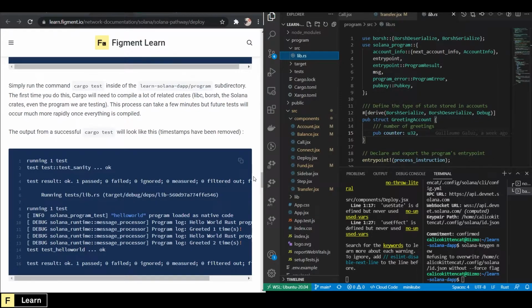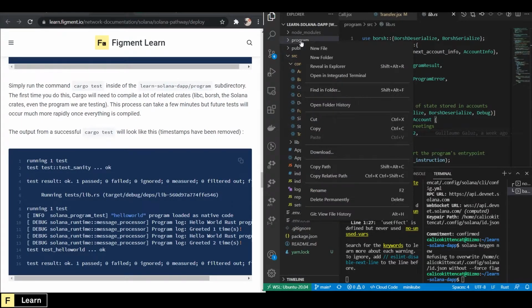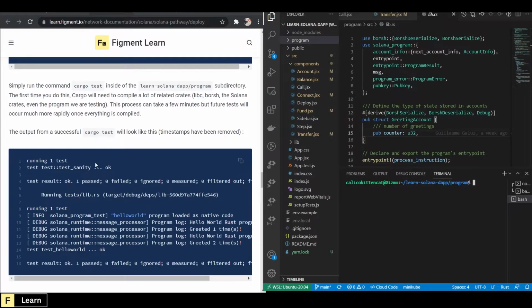The first time you do this, Cargo will need to compile a lot of related crates, libc, borsh, the Solana crates, even the program we are testing. This process can take a few minutes, but future tests will occur much more rapidly once everything is compiled. So in order to do that, we can right-click and go Open an Integrated Terminal. And here is where we can run